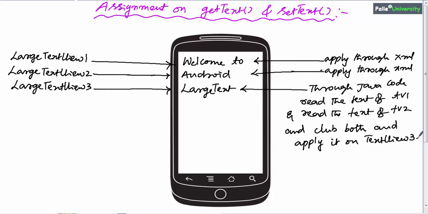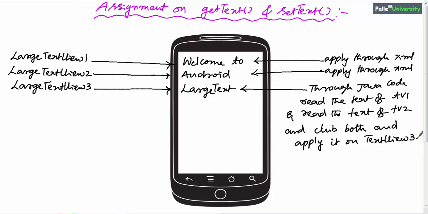Let me give some important hints. Tell me, how will you read the text from text view 1 and text view 2? Let us say the text view 1 variable is tv1 and the text view 2 variable is tv2.